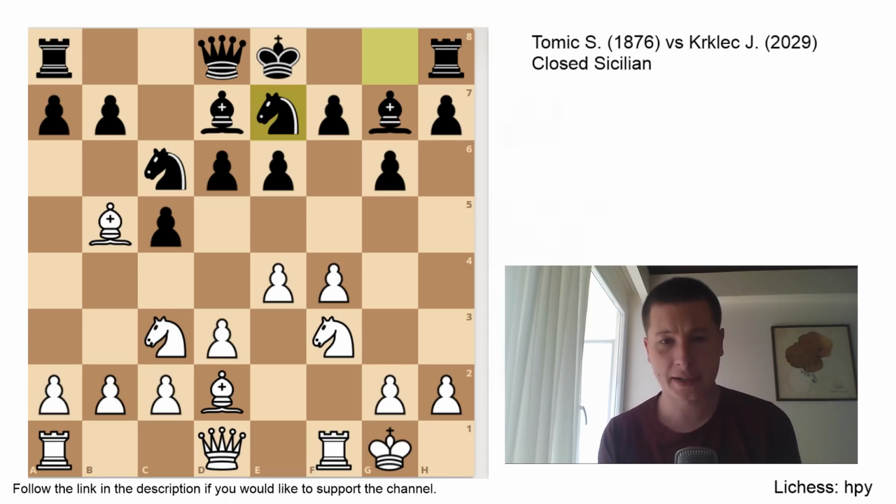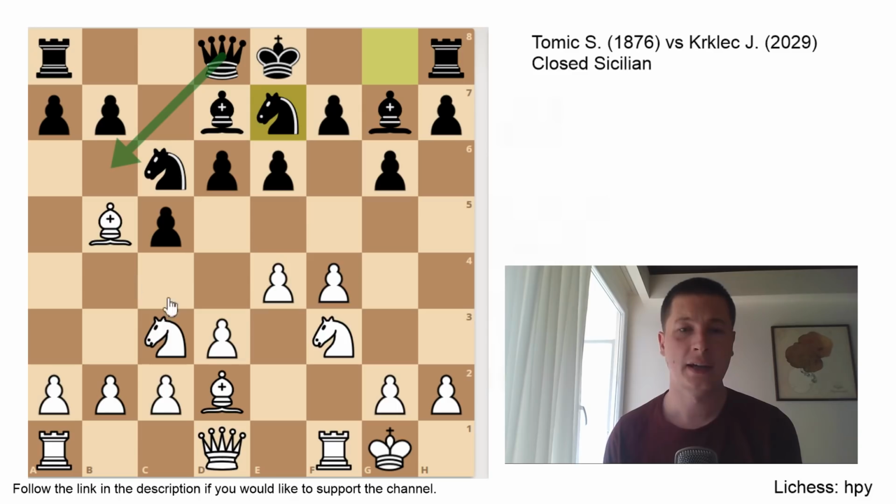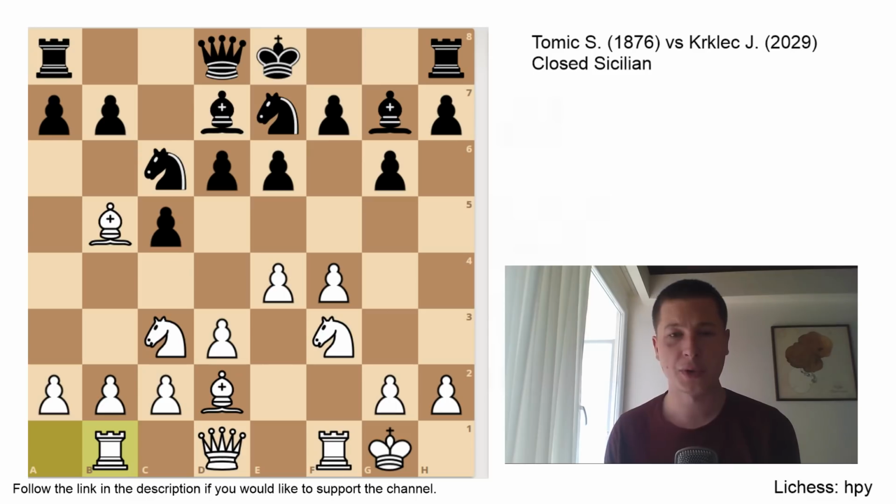My b2 pawn is hanging. In many positions, after a move such as queen to b6, he is threatening to take my knight and then take the bishop once he castles, and he is also threatening the move c5 with check, trying to disrupt my pawn center. So I went for the move rook to b1, which I know for a fact is a dubious